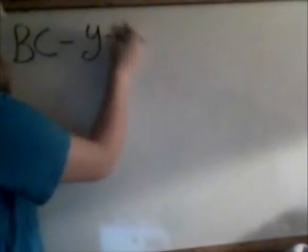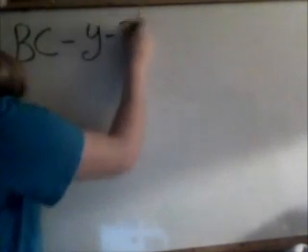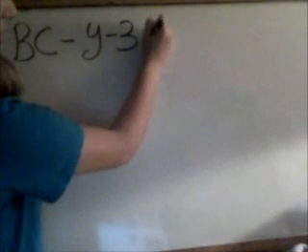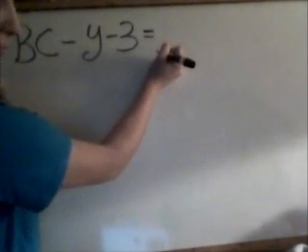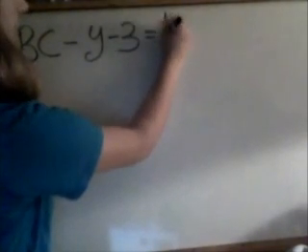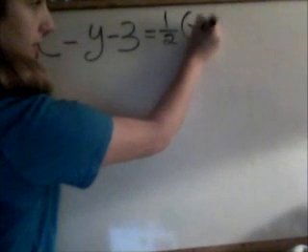Therefore, the midpoint of BC, I'm going to put that over here just so we know what we're working with. For BC, you're going to put it into point-slope form. So y minus y1, the y out of the midpoint, which is 3, equals, and then you're going to take the perpendicular slope, which is 1/2 in this case, and then you're going to have x